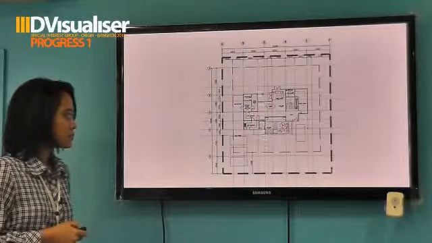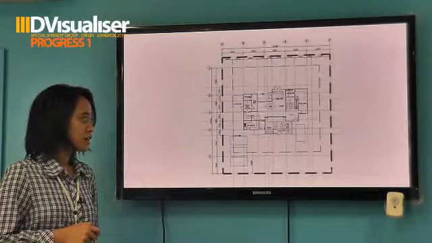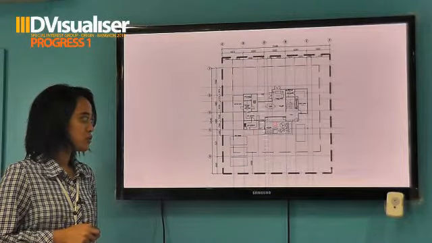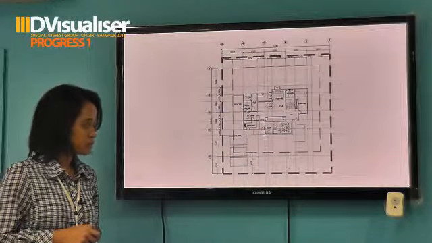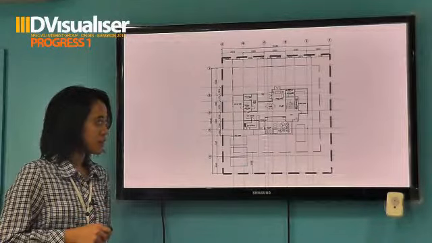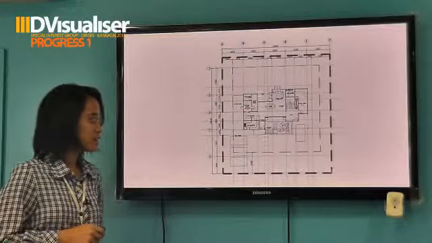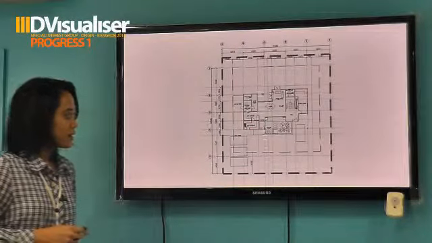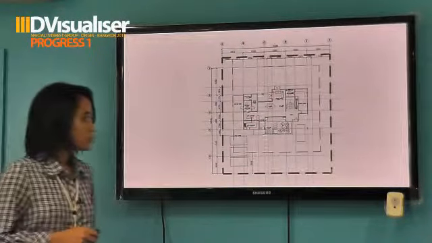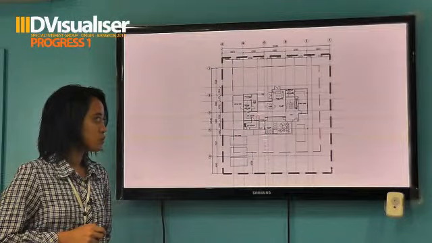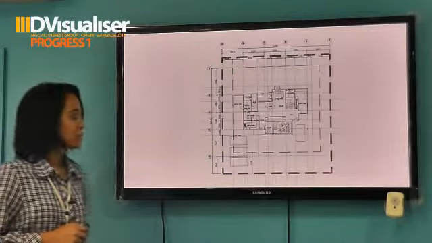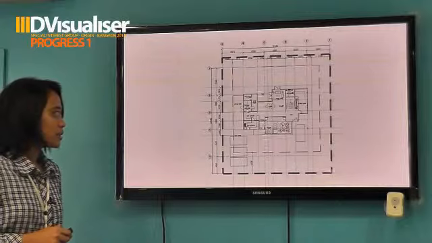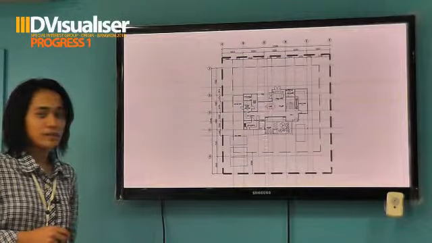You can see the entrance is here, and then you can enjoy the view around. You can see the views on the right hand side, the garden, and then you can enter the house using the wet kitchen. And then when you go into the house, you pass by the dry kitchen or the pantry, and then you can go and eat at the dining area.